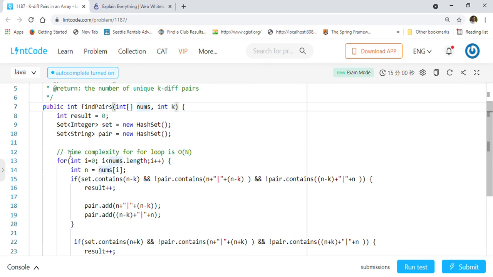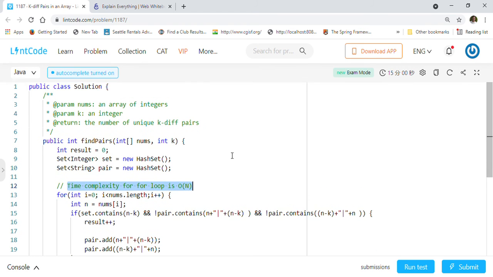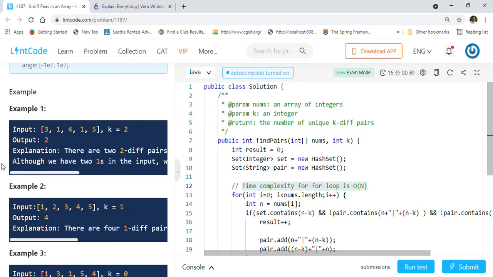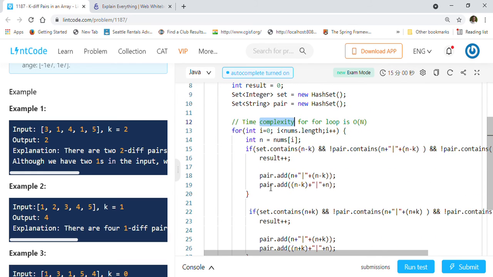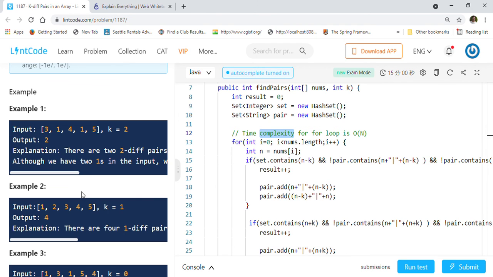So the time complexity of this solution is order of n. This is a pretty good solution because it is order of n time complexity. If you go with brute force, it means you take one and traverse the whole array and check if there is any pair, then you take two, then you traverse the remaining array. So it becomes order of n square, right? But this solution is order of n, so it is much faster than order of n square and much better. So you can explain this solution to the interviewer, and I think an order of n solution is acceptable.